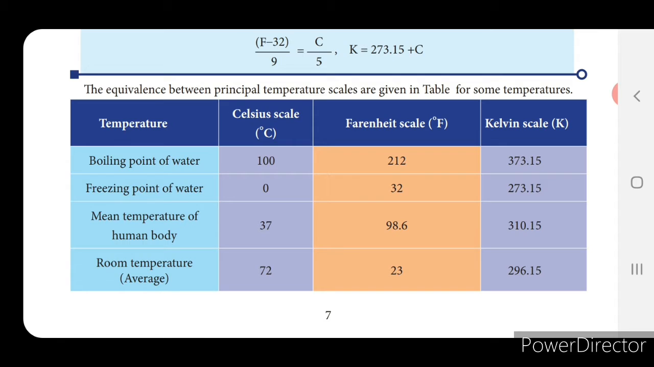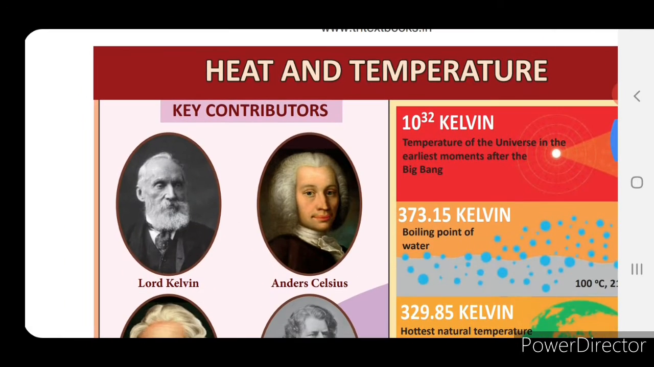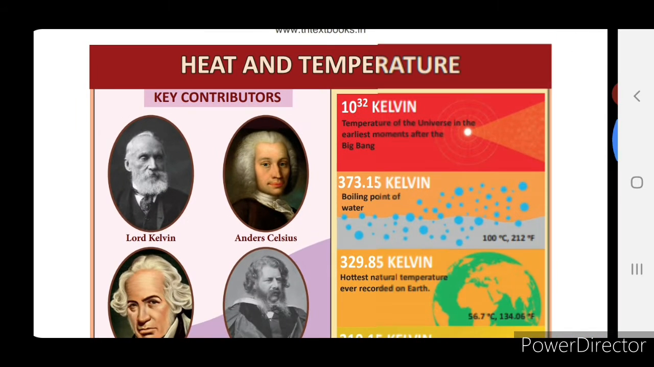In Kelvin scale, the boiling point of water is 373.15 Kelvin and the freezing point of water is 273.15 Kelvin, the mean temperature of the human body is 310.15 Kelvin and the average room temperature is 296.15 Kelvin. Then coming to heat and temperature,